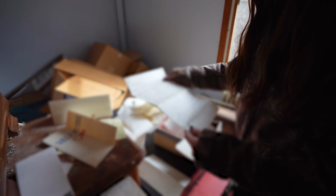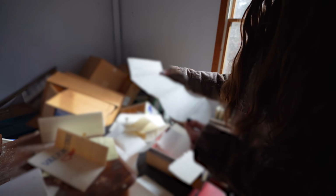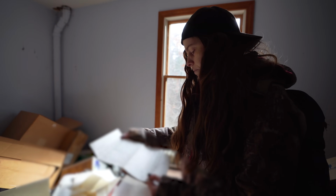That's a little too long to read. This is really long, so long. I can skim through it really quick, but basically,